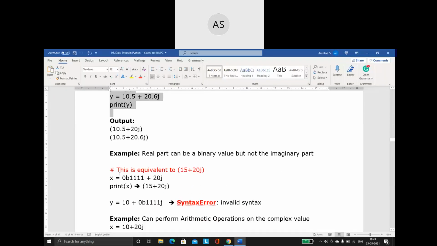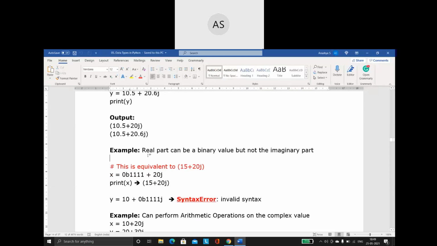What else? The other very important point, and a very common mistake we tend to make, is that the real part of a complex number can be a binary value also. I already told you integer numbers can be represented as binary, octal, hexadecimal and decimal. There are four ways to implement an integer number.